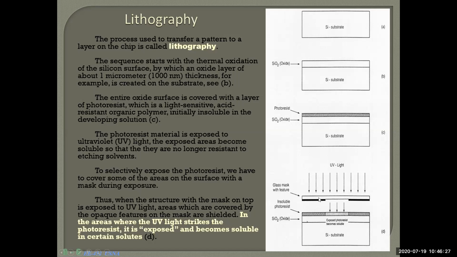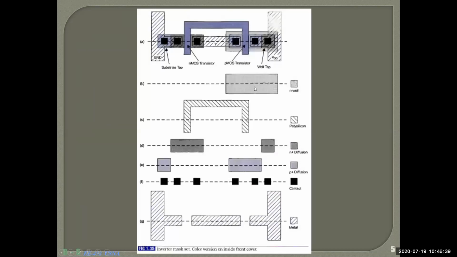Understand? This is a glass. Under the glass, the design will be attached. So where there is a design, there is nothing. When there is no design, there will be glass. That means, let's see. If I make a glass out of this design, what will happen? The total glass will be black. Only this part is transparent. This part will be transparent. Understand?